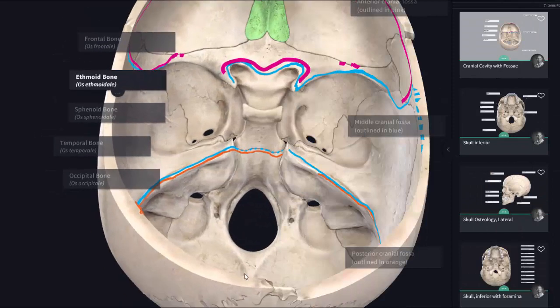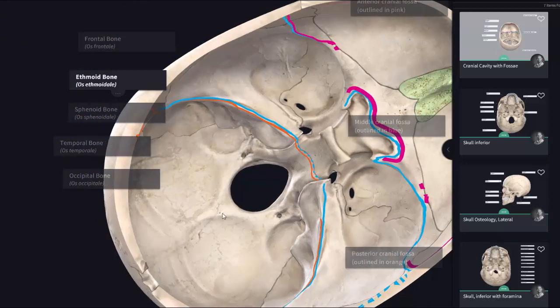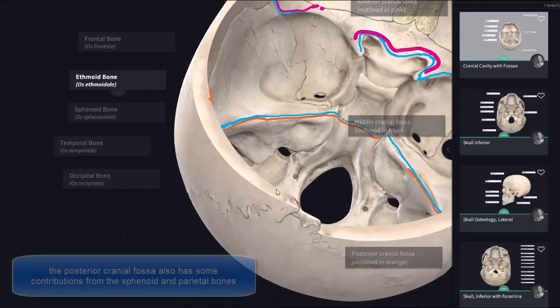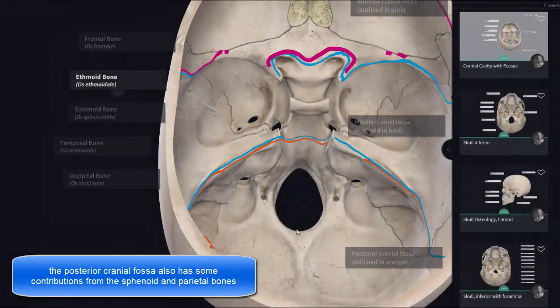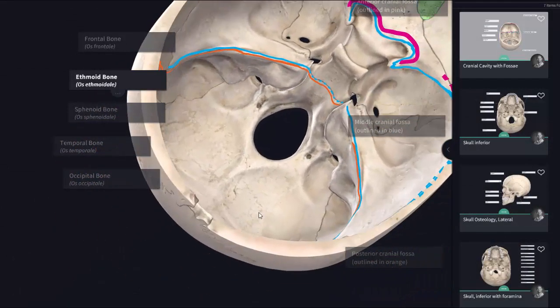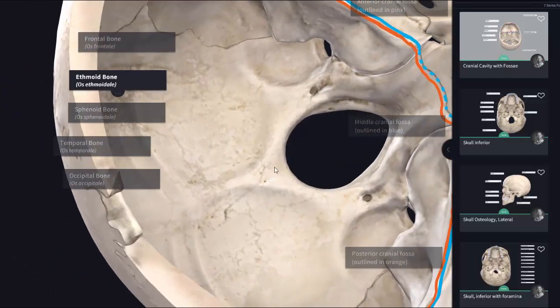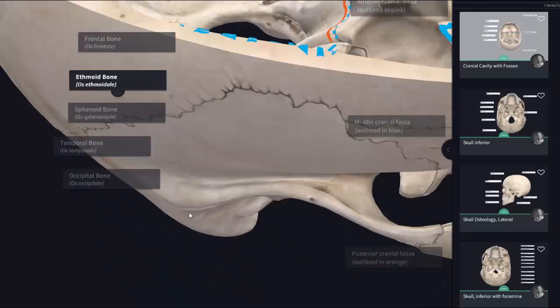The posterior cranial fossa is the largest and deepest of the cranial fossae. It will contain in life the cerebellum, the pons, and medulla oblongata. The fossa is formed mostly by the occipital and temporal bones. On the inside, we can see the internal occipital crest, which is this bony ridge here, and that will lead to the internal occipital protuberance. And if I turn this a little bit here,